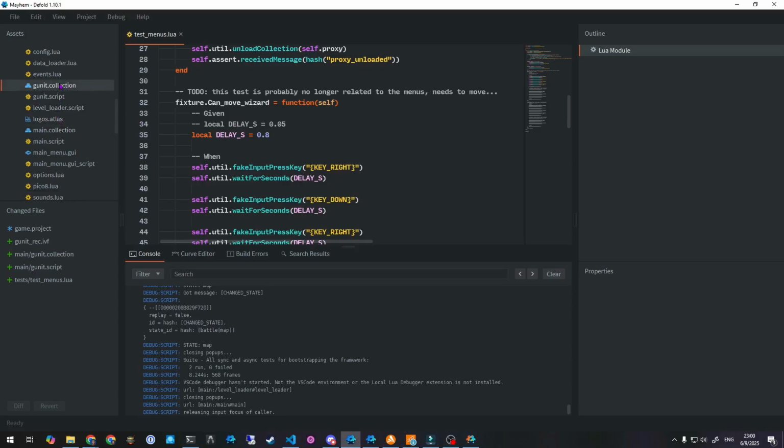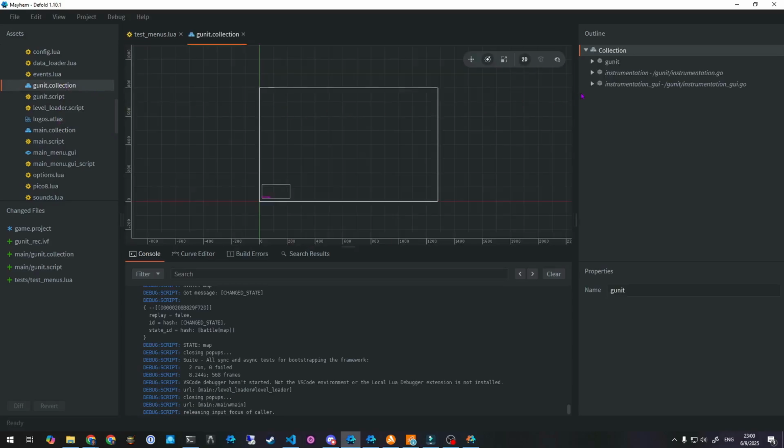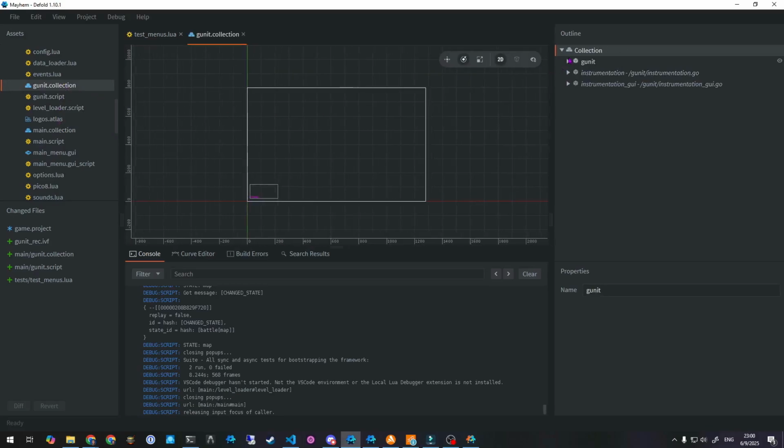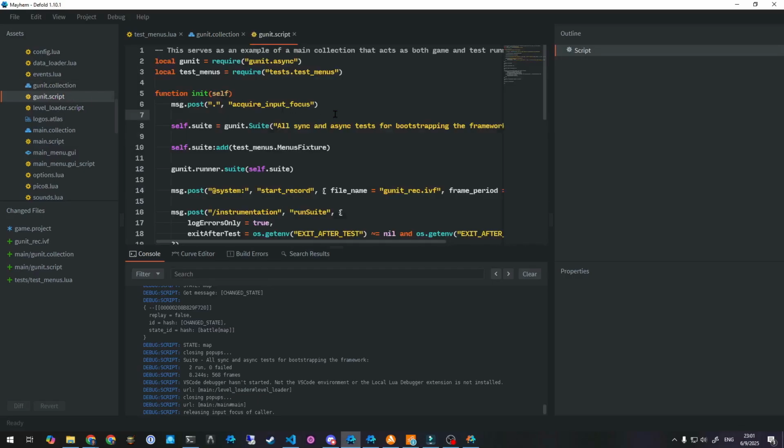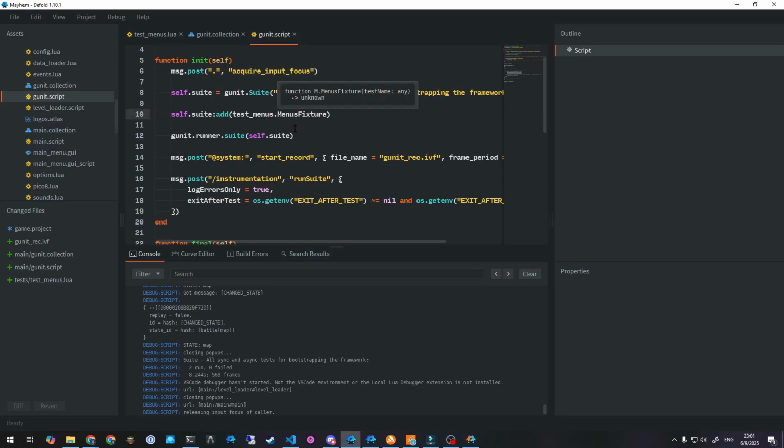So what I did was I just made a G-Unit collection. I added in a proxy for the game, a proxy for testing, and a script to control the tests. Added the G-Unit instrumentation and the G-Unit instrumentation GUI. And then for the script itself, basically this is pretty simple. It just creates a suite, adds some tests to it,